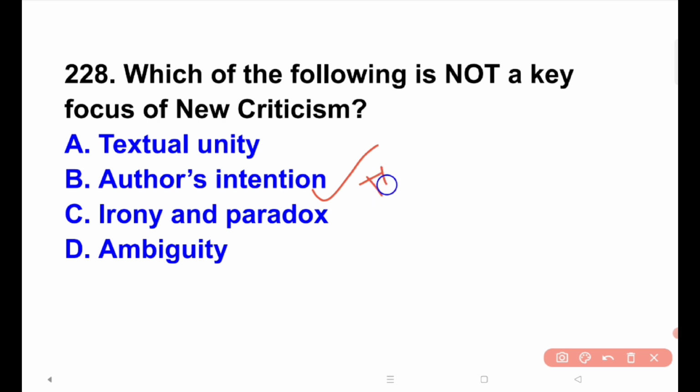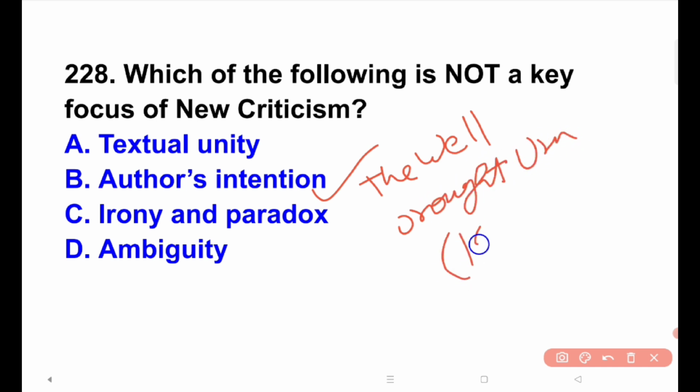Source: Cleanth Brooks, The Well Wrought Urn, 1947. Next,